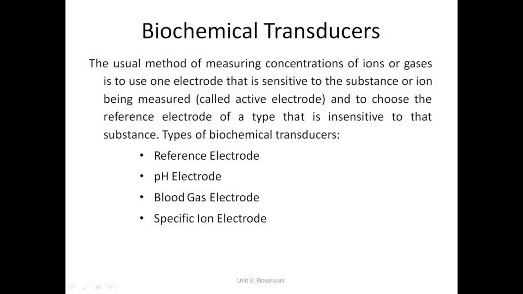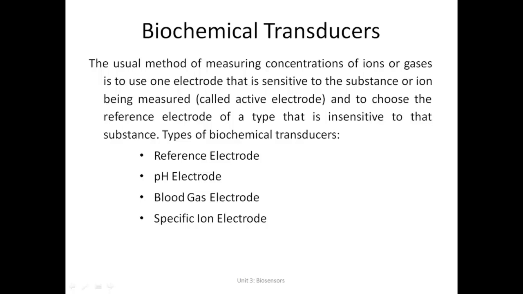In this session, we are going to talk about a special type of transducers, that is biochemical transducers. We had studied in the earlier sessions that we have some biochemical signals also coming from the human body. That is basically when we take some sample from the human body, either it might be blood or it might be some other body fluid or any other substance.